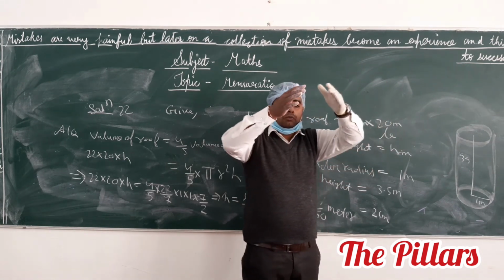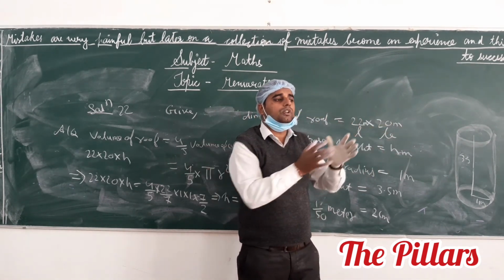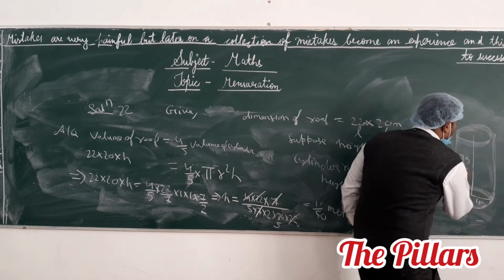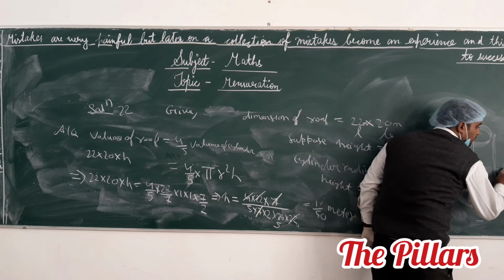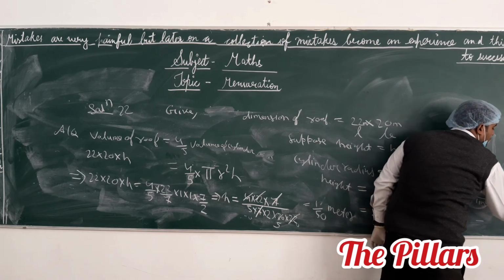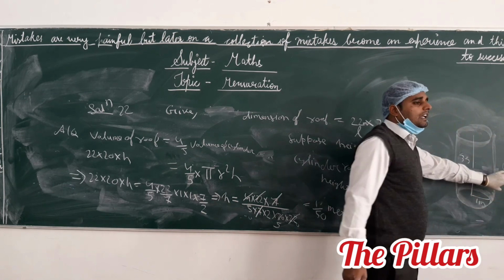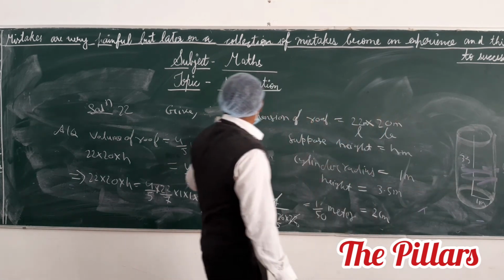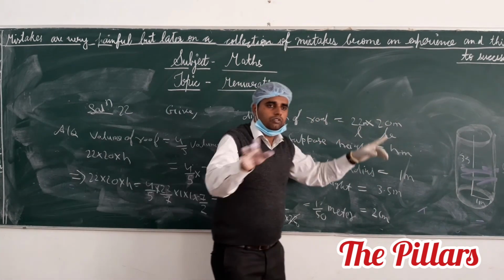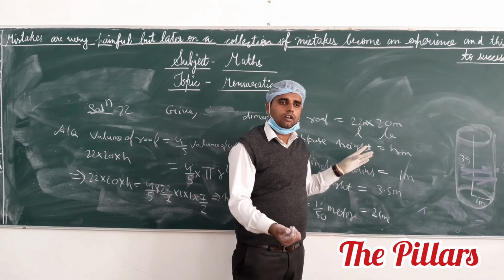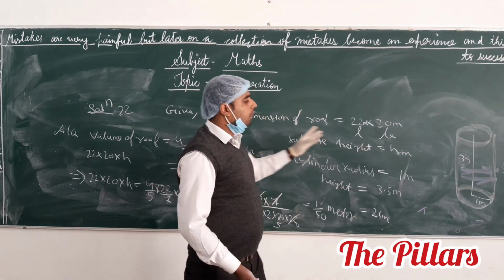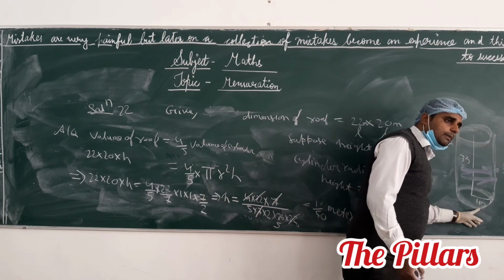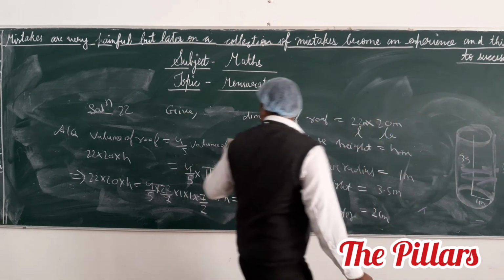But the collected water is put in a cylindrical vessel, and this cylindrical vessel is filled 4/5 part. By this same amount of water, the cylinder is filled 4/5 part. It means the volume of water on this roof with height h equals 4/5 of the volume of the cylinder. The cylinder's radius and height are given. We have to calculate it.